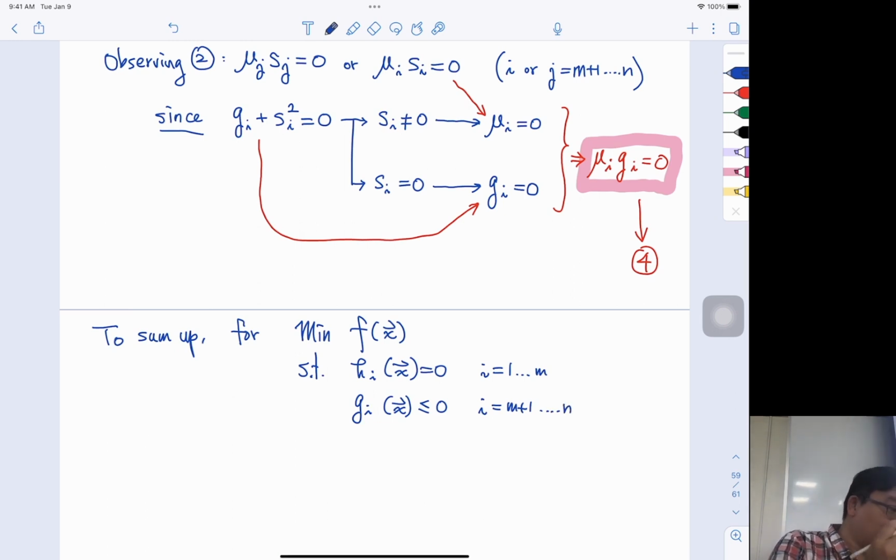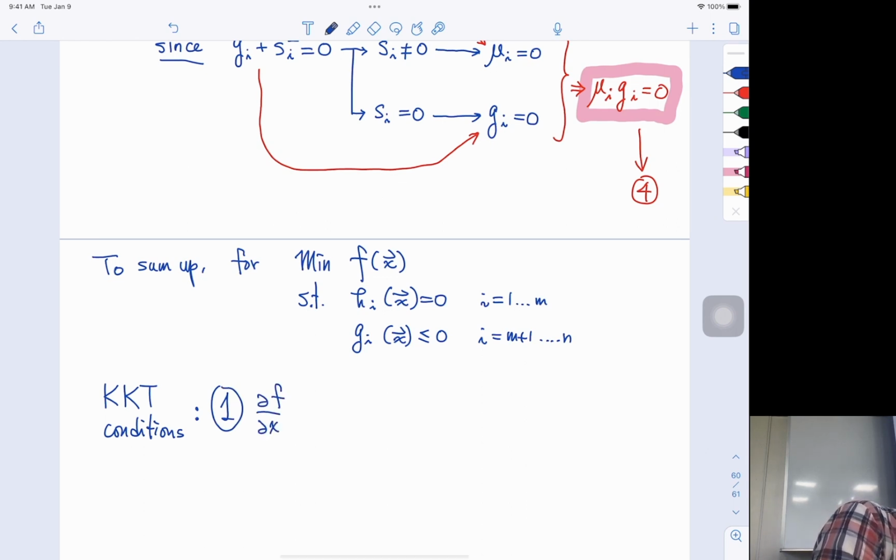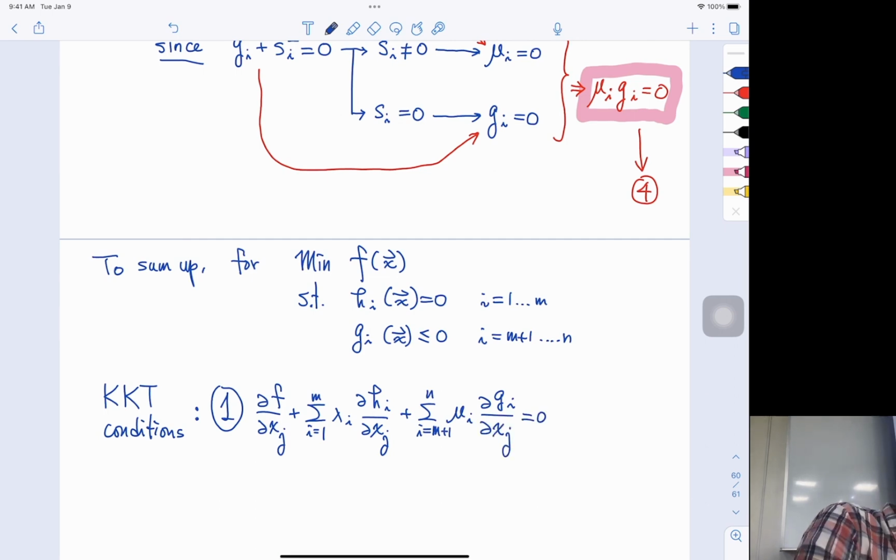For this general problem, when we want to check KKT conditions, what we will do is, first, partial f partial xj plus summation I from the first one to the mth one, lambda I partial h ith one partial xj plus summation I goes from m plus 1 to n mu I partial gi partial xj has to be 0. Where j goes from the first one to the nth one depends on how many variables you have. Okay, second equation,